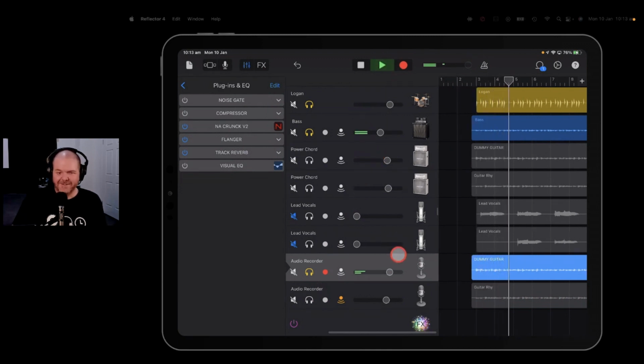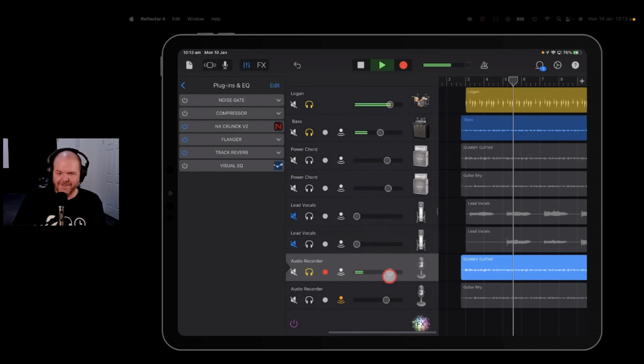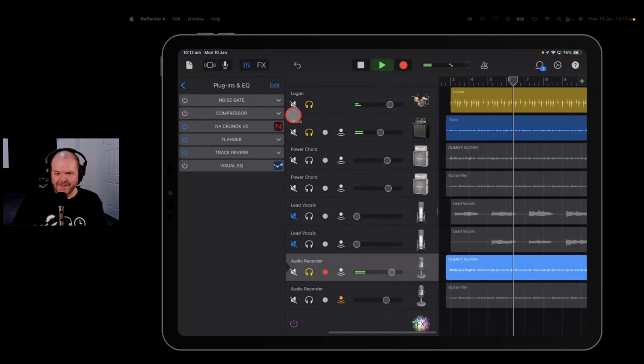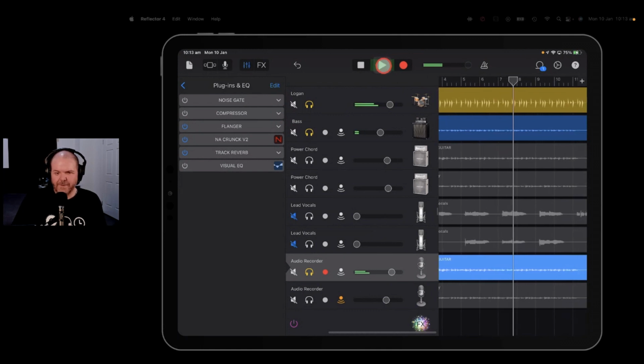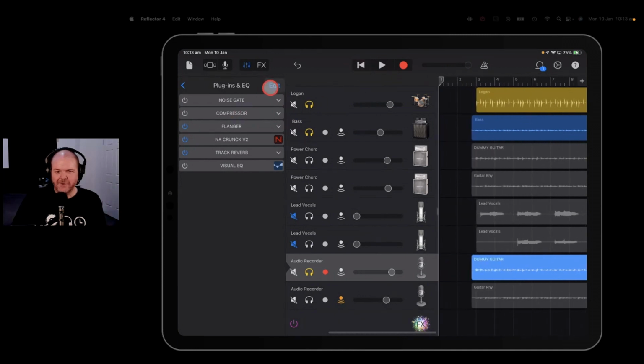I don't hate that. In fact, it's put the flanger after, so we'll just move that flanger again to put it before and see if that makes a difference. Pretty cool, yeah. So you've got pretty good control over this, and you've got a bunch of plug-in slots,